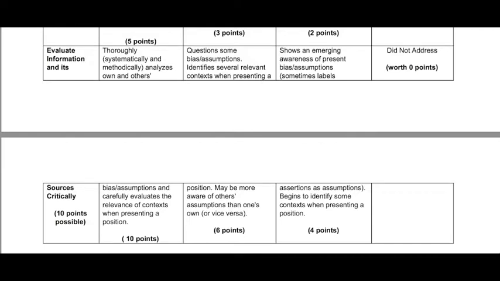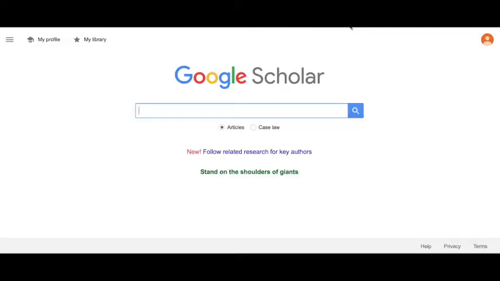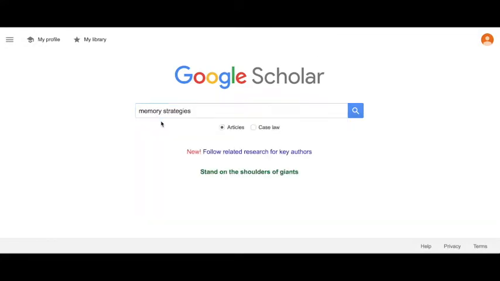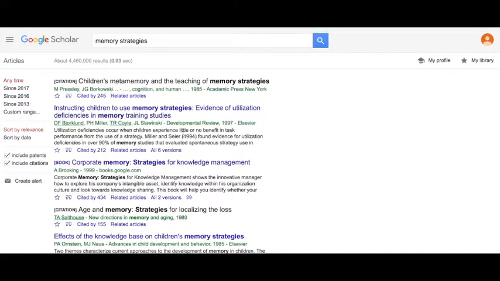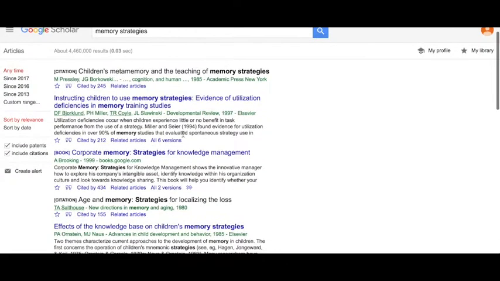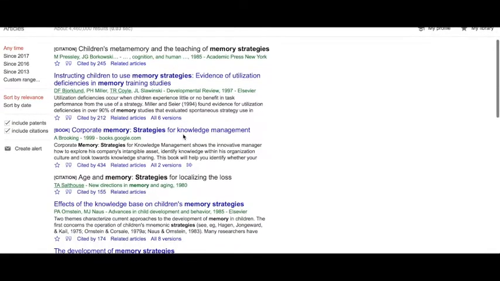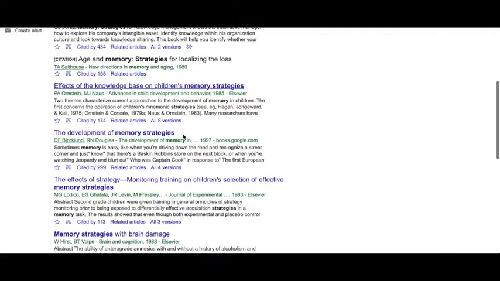Just want to highlight real briefly what Google Scholar looks like. You can type into Google Scholar. It'll bring you to a website similar to this, and you can type in things like, let's see, memory strategies, and that will bring you to some responses that have been scholarly reviewed related to memory strategies. Keep in mind that when you're doing these searches on Google Scholar, not all of these articles here can be accessed for free. So one thing you might want to do is just open up several of these in